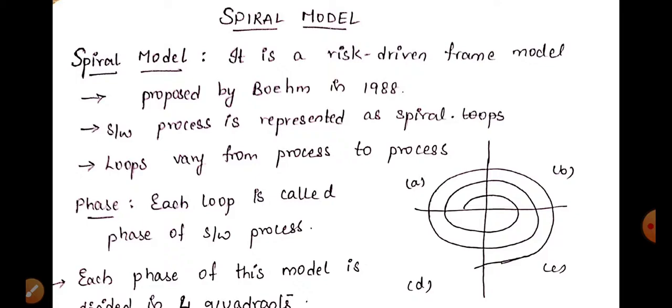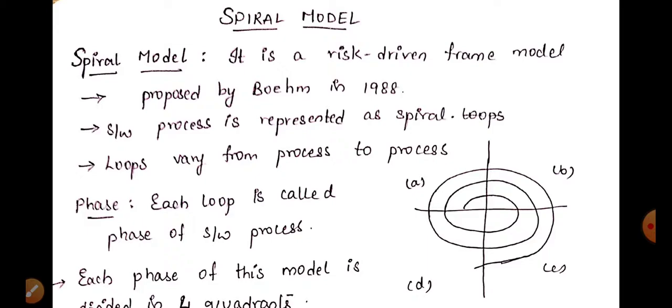Then coming to drawbacks in waterfall model, if we want to make any changes in any phase, we can't go back or take a step back in that waterfall model. And we have discussed about prototype model. In prototype model, the advantage is that we can make a prototype of every software product and show it to the customer. If he is satisfied with that product, then we launch it. Otherwise, we can make changes according to the customer requirements.